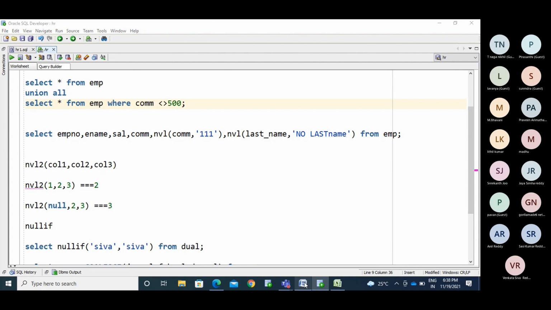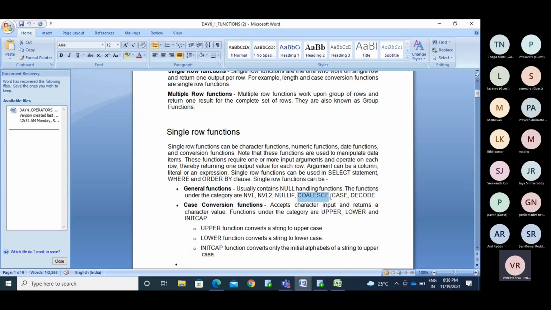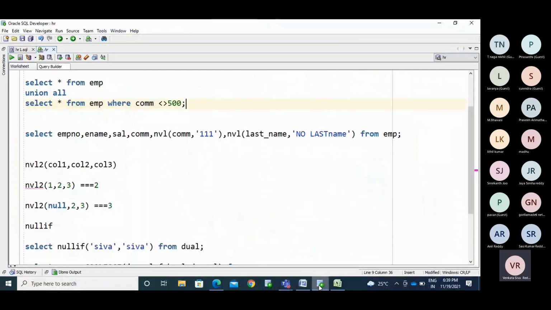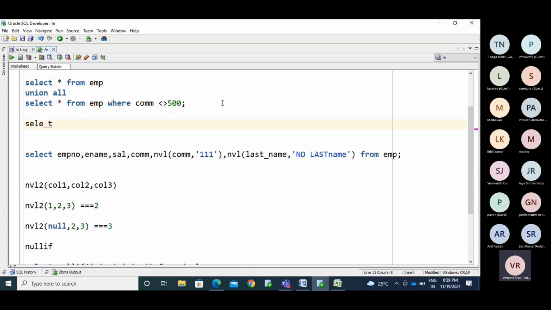What remains is COALESCE also. The COALESCE function will help you get the first non-null value from a set of values. Okay, CASE and DECODE. So what is happening here?